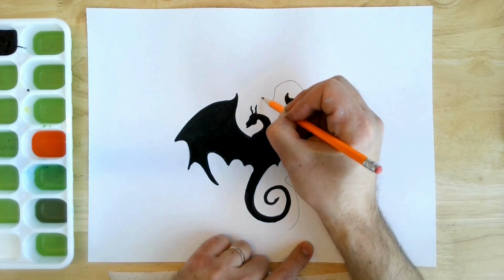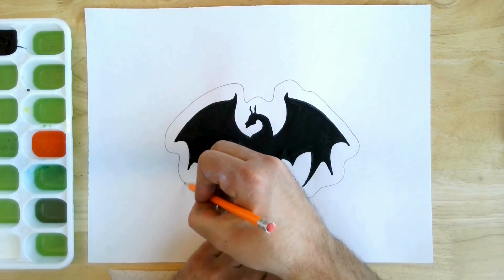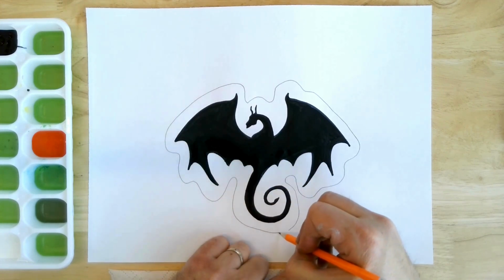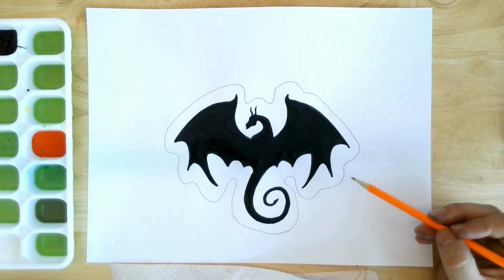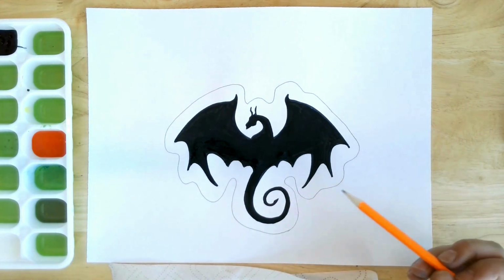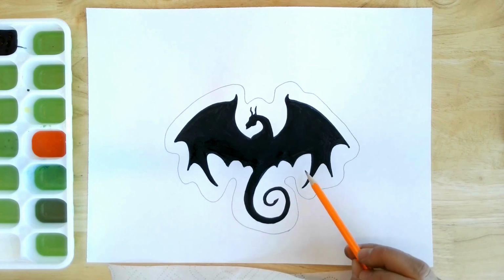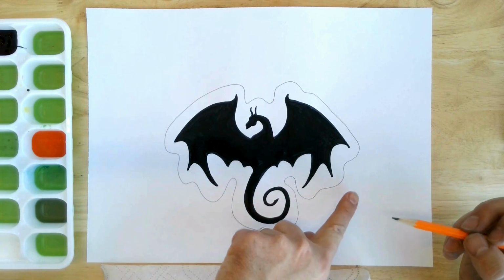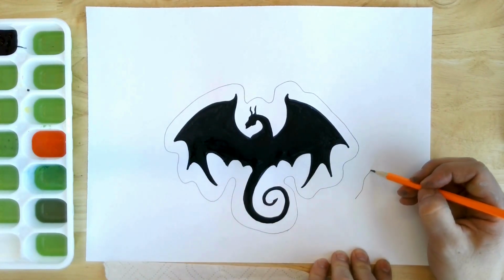This I'm just going to keep like that, around, come up inside there, and then go right here. Okay, so that's my first line that I'm doing around for my echo line. I am not even going to paint this area here. I'm going to leave it alone. I'm going to leave this white. Okay, so I'm going to go out a little bit more, about the distance of your finger, and then you're going to do your